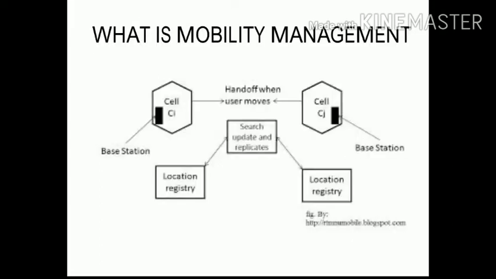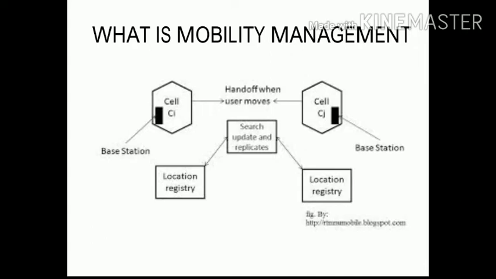So now the question arises: what is mobility management? It is one of the major functions of the network that allows mobile phones to work, mainly in GSM and UMTS networks. The aim of mobility management is to track where subscribers are, allowing calls, SMS and other mobile phone services. Roaming is one of the basic procedures in mobility management.